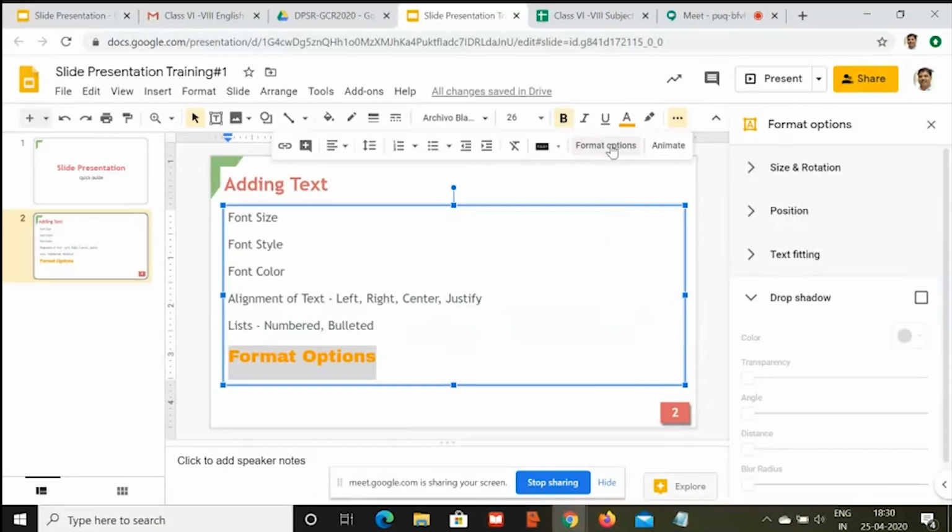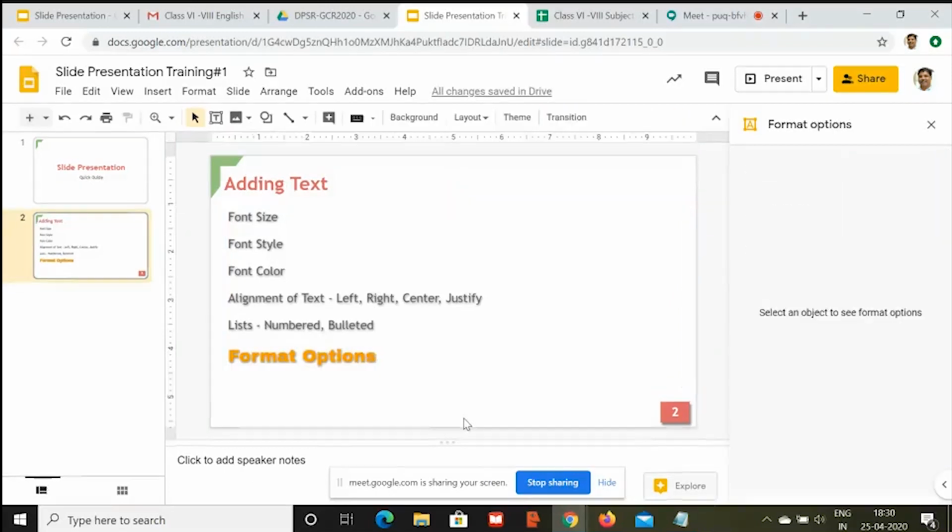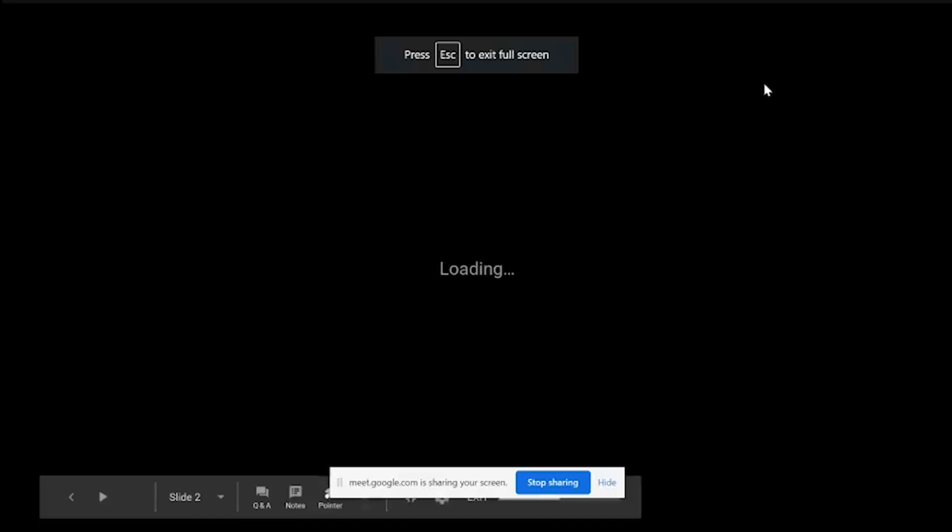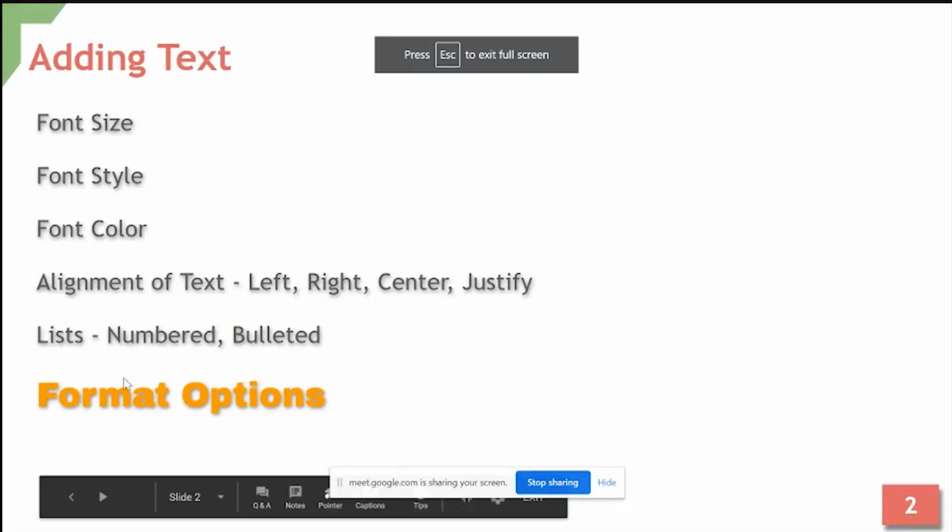and I want to put some format options with only this particular text. So I'll click on format options, drop shadow, and then you can see the shadow is already visible over there. So again, I'll come back to 60 degrees so that it will be at the bottom and towards the right-hand side a little bit. So you can see the entire text set here has a little bit of, when you see the presentation, you will be able to make out more clearly that it has a little bit of an embossed effect.